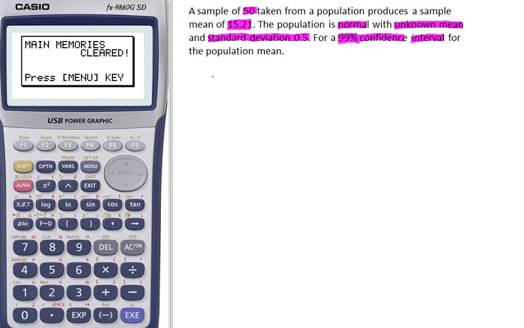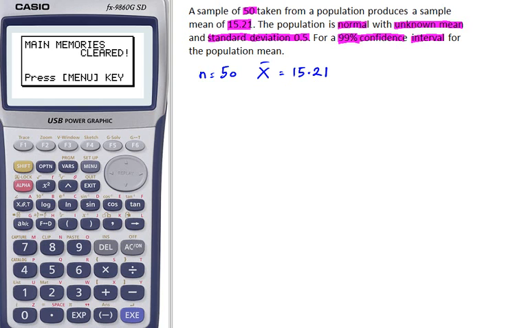So we can say that n is equal to 50. We can say that x bar, the symbol for sample mean, is 15.21. It's a sample taken from a normal population, but remember we know a lot about what this will be